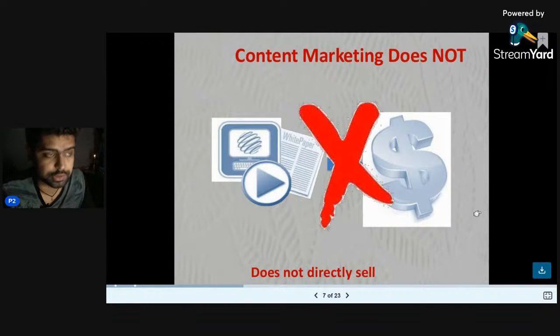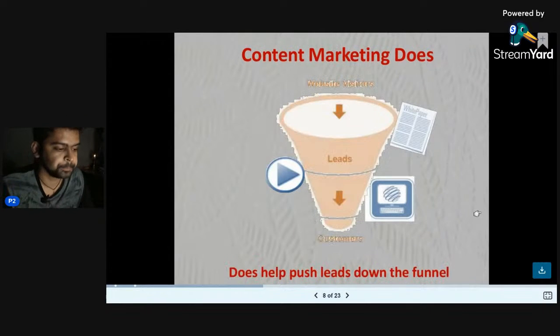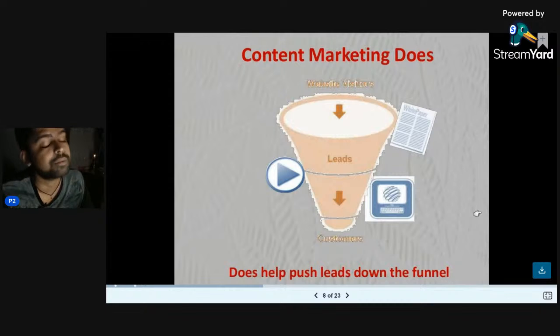And as I mentioned, content marketing never ever tries to sell, it just educates the audience. And of course, there is always a hidden agenda behind content marketing, be it collecting sales, collecting leads, I mean. So that is why it is important to nurture your audience, because once someone is reading your blog or maybe watching your video, it is important to capture them. How will you do that?